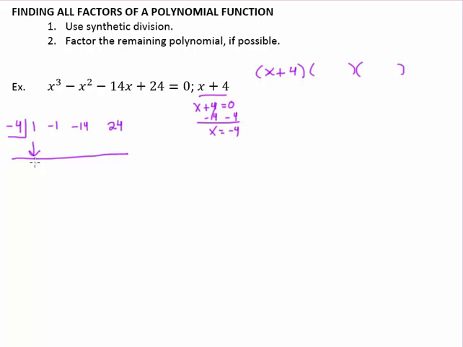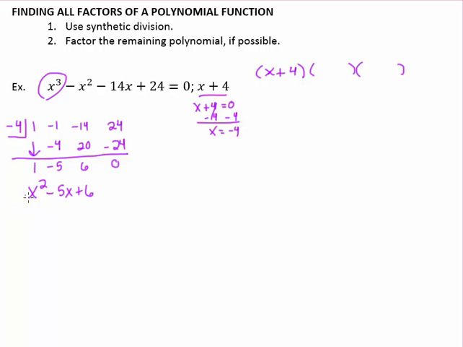So I do synthetic division, and because this should factor in, I should get a 0 for my remainder. If I don't, then I've done something wrong. So I get 0 here at the end. If I start with x cubed, remember that my answer starts with x squared. So I'm going to write out x squared minus 5x plus 6,